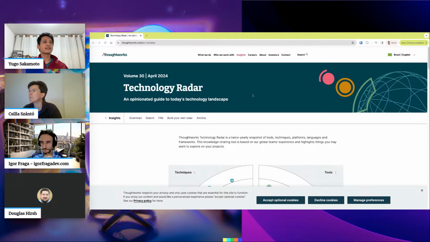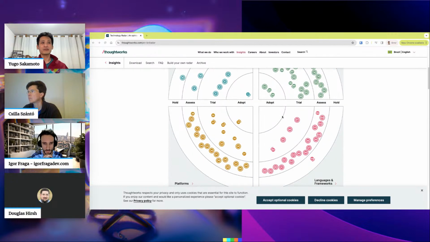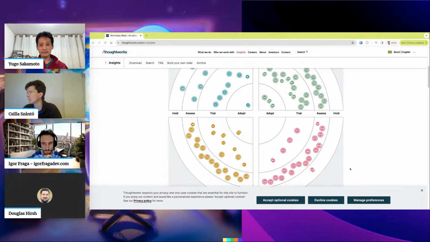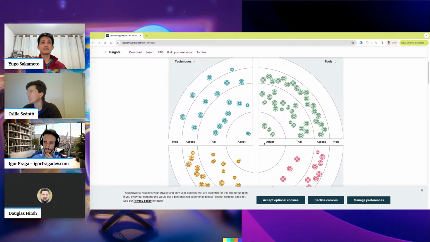And yeah, they have this division of techniques, tools, platforms, and language frameworks, and they divide them into adopt, trial, assess, and hold. When they are more confident about some of those topics, they put them in adopt.